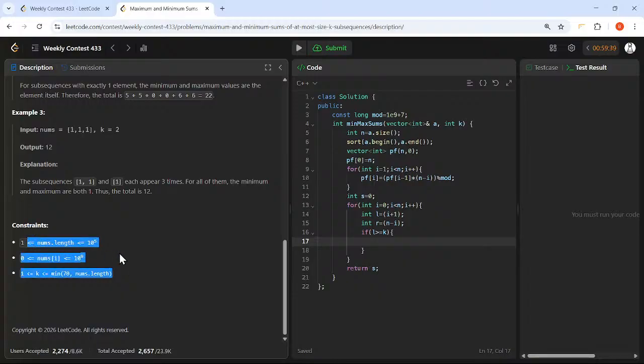We can do this by extracting the minimum of all size-k subsequences and the maximum of all size-k subsequences. Yeah, but where I'm stuck here is